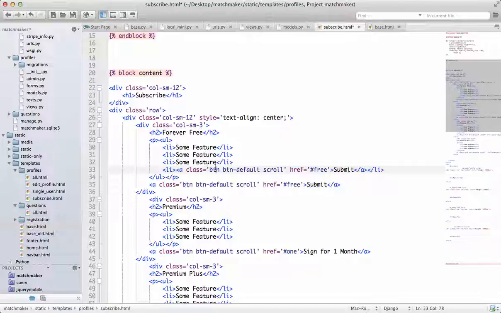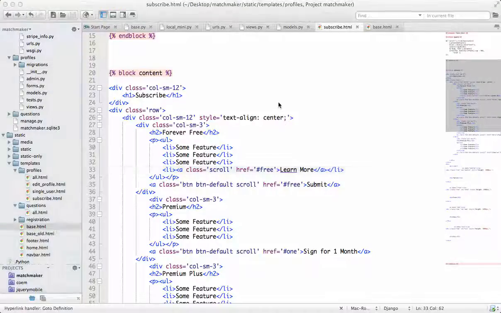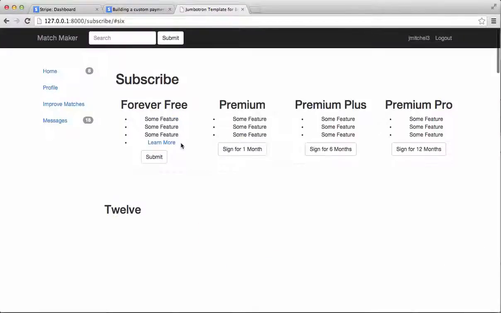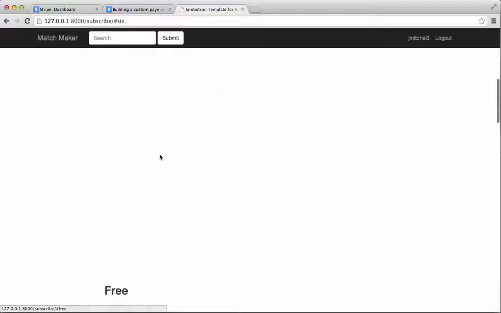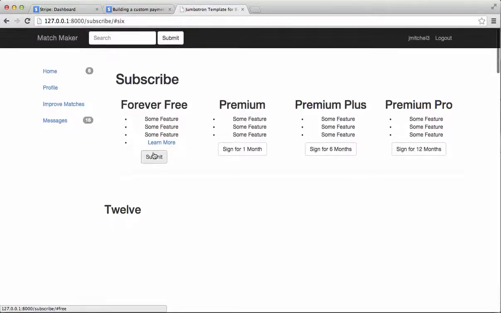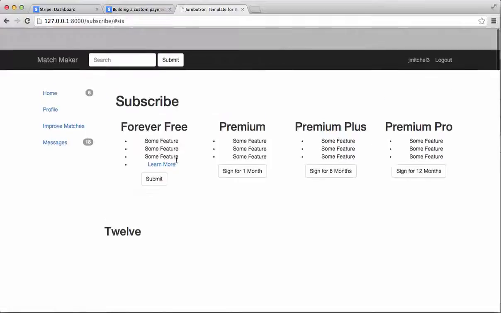But instead of keeping it as a button, we'll just get rid of that, and then that way it's going to be just a standard link. So if we go back, click learn more, it's going to take us down. It'll still work. Submit, I mean, that's not really going to make any changes, but learn more,